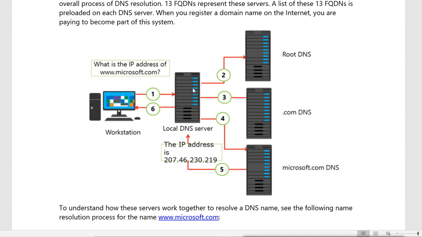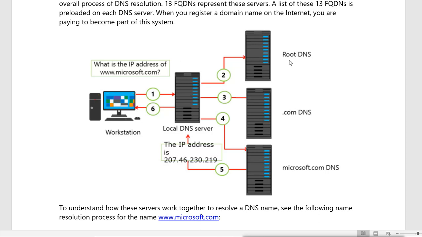Now this DNS server checks whether Microsoft.com is its domain. No, it is not its domain. It is from Microsoft. This is your local ISP, and it does not have any domain name here. So what does it do? It will send the query to the root hint DNS servers. This is the top level DNS server of the DNS environment in the internet. This is the root DNS server.